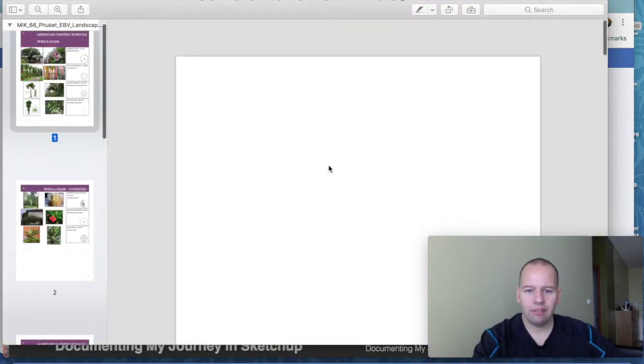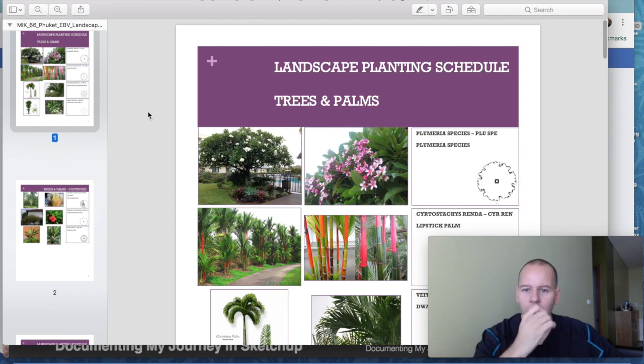And to kind of finally show you, so I had to do a planting schedule for these plants. And so again, I've done landscape architecture in the past. It's been a while. And so I know a lot of the plants. I forget a lot of the plant names. In Thailand, I'm sure they call them different names here too, but can't go wrong with the Latin names. So for this, I just showed them. This went along with the construction documents. The planting schedule, just showing the type of plant, what we're looking for.